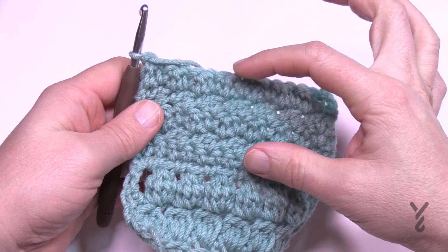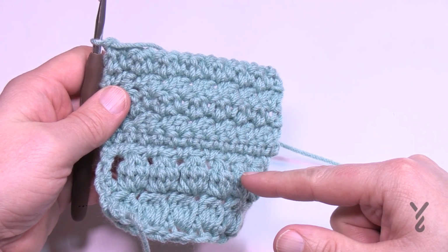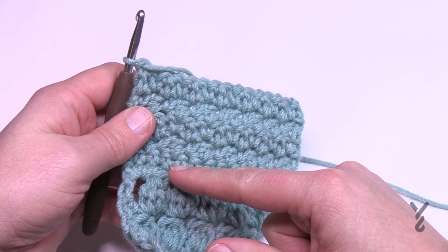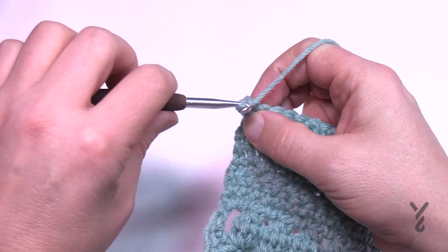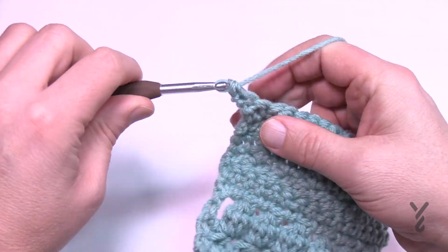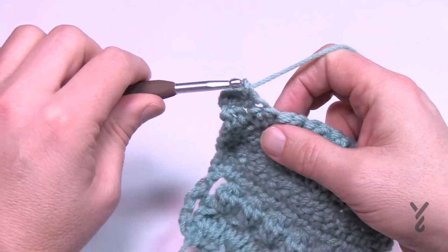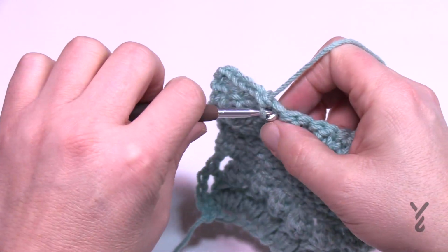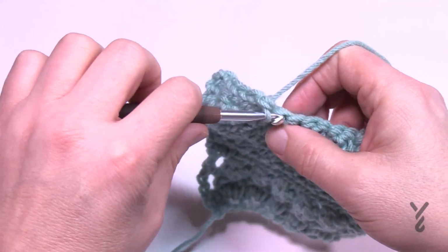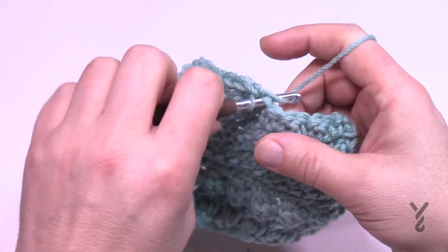Now that this section is done here, we're going to start making our way back to doing these clusters once again. But before we can do the clusters, we have 2 rows of single crochet. So 10 and 11 is just chain up 1 to start and then single crochet all the way across. And then to return back on row number 11 it's the same thing, just chain up 1 and do 1 single crochet all the way back. So please do 10 and 11 with just single crochets and meet me back here, and we're going to start the